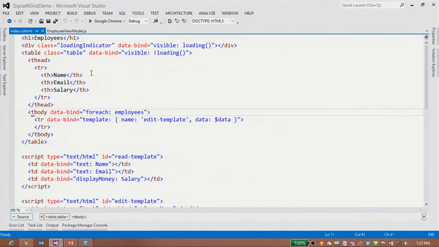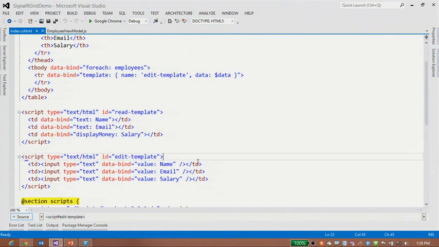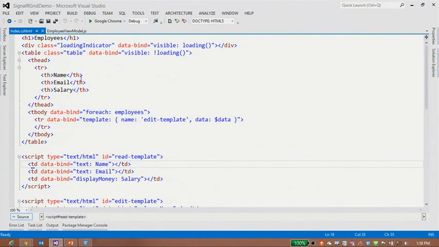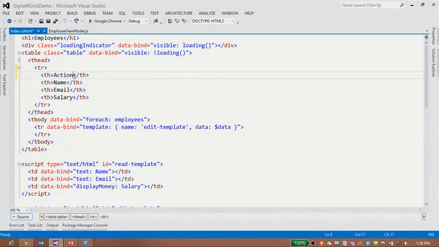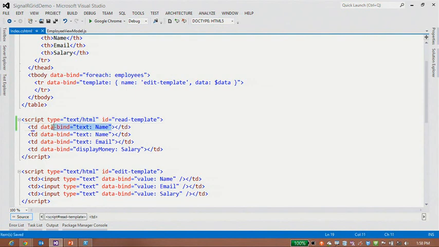Now I go back to my view, and inside of my read template, I want to create a button that's going to call into that edit function that we just defined. And in my edit template, I want to create a button that calls into the done function. To do that, I'm going to create another column. I'm going to call that action. And then I'm going to take a table cell. I'm going to use the click binding, and that is just going to call